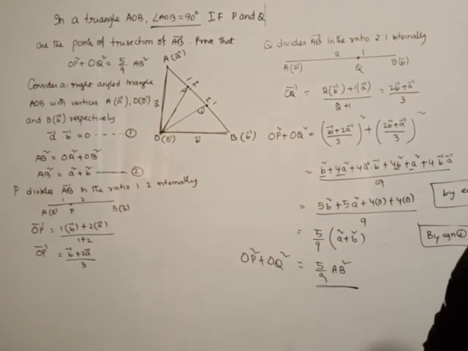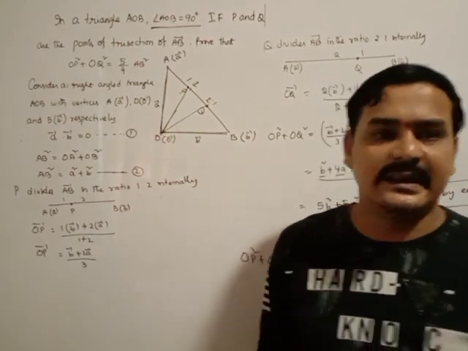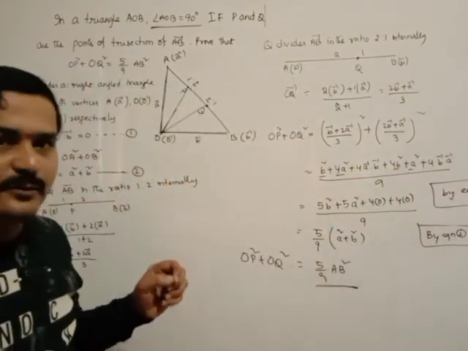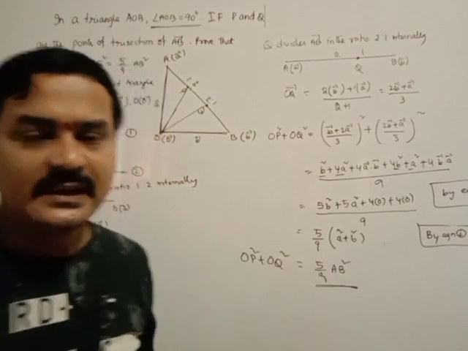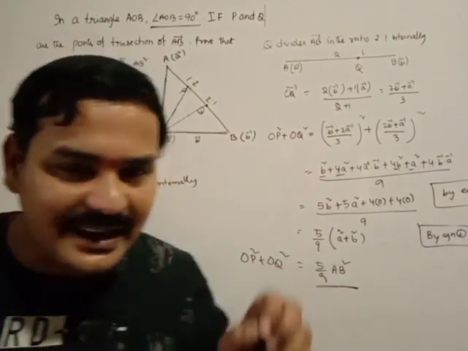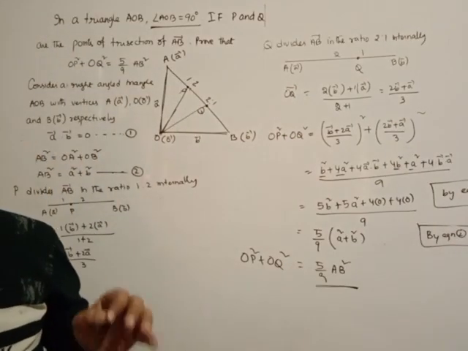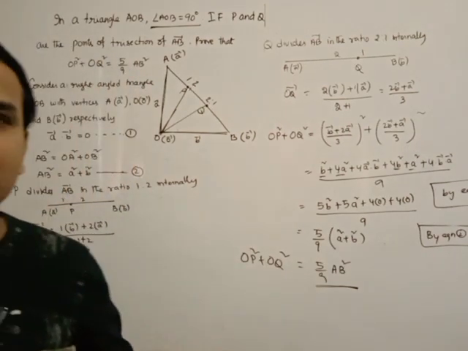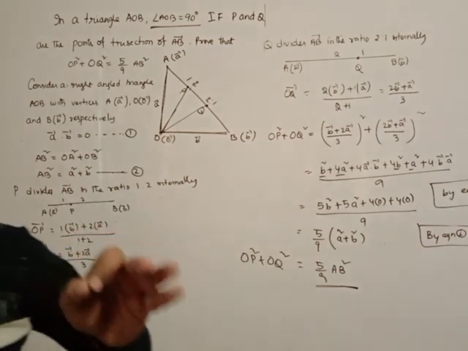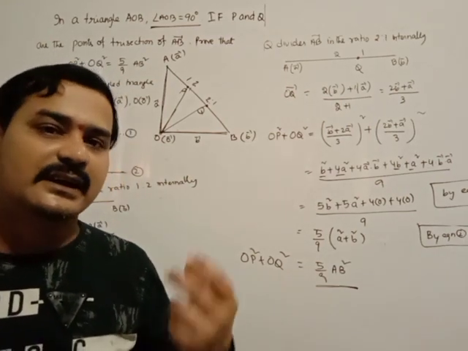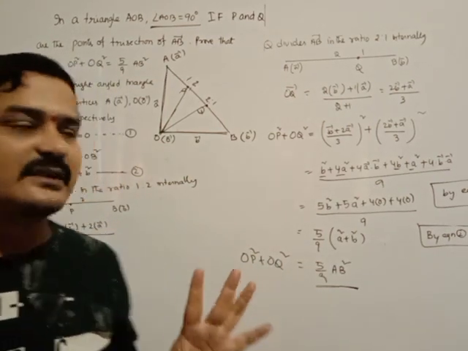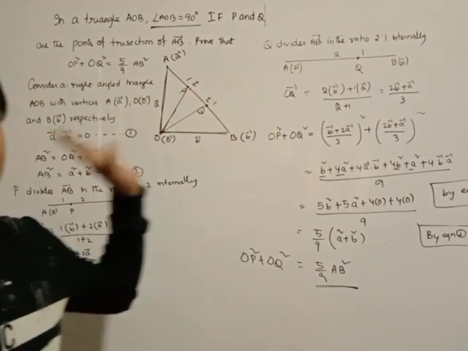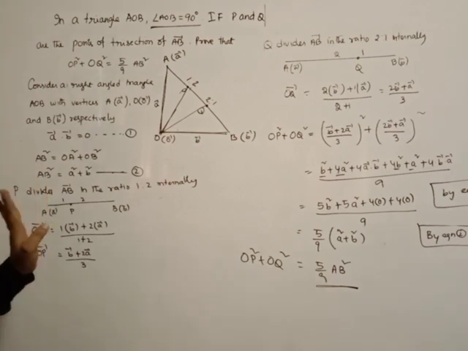What is that? In a triangle AOB, which is a right angle triangle, if P comma Q are the two trisection points, then we need to show that OP square plus OQ square is equal to 5 by 9 into AB square. First of all, the right angle triangle conditions are there. If two vectors are at right angle, the dot product is 0, that is the first one: A bar dot B bar is equal to 0. Again by the Pythagoras law, AB square is equal to A square plus B square.